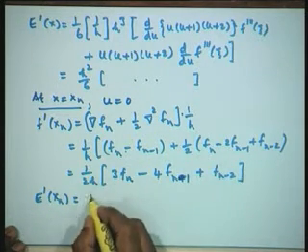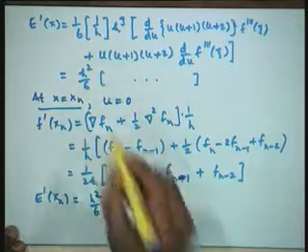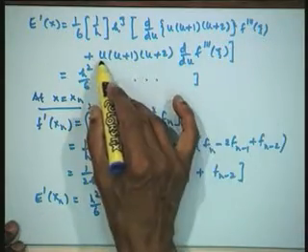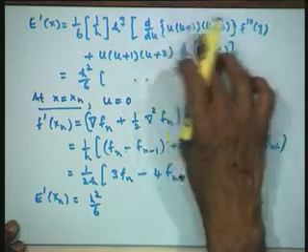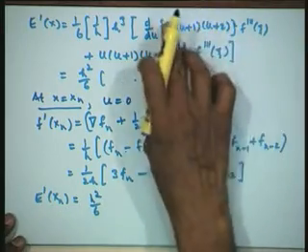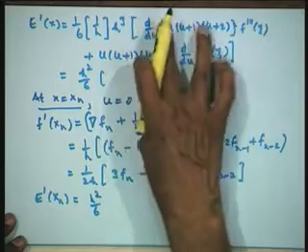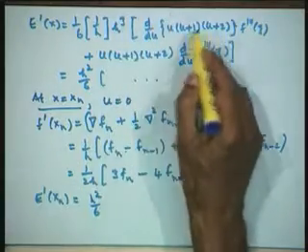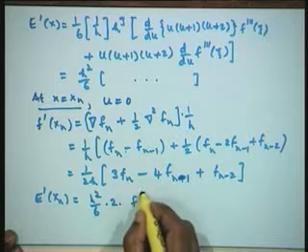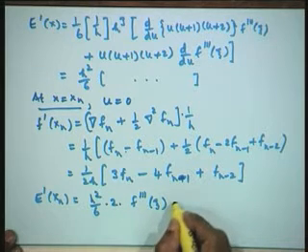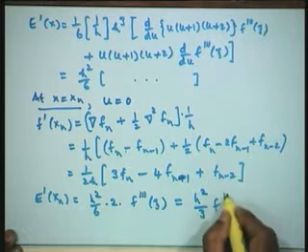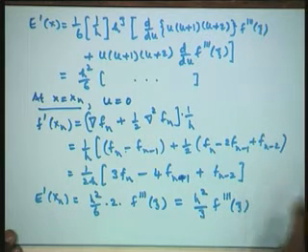Now, outside we have h square by 6. So, u into u minus 1 is equal to 0, therefore, the second term goes off. Now, I differentiate this as a product of 3 terms, only one term will survive, which will be the derivative of this particular part. If you just put u is equal to 0, I will get a 2 here and f triple dash of xi. So, the error is again, as we have in the previous case, h square by 3 f triple dash of xi.